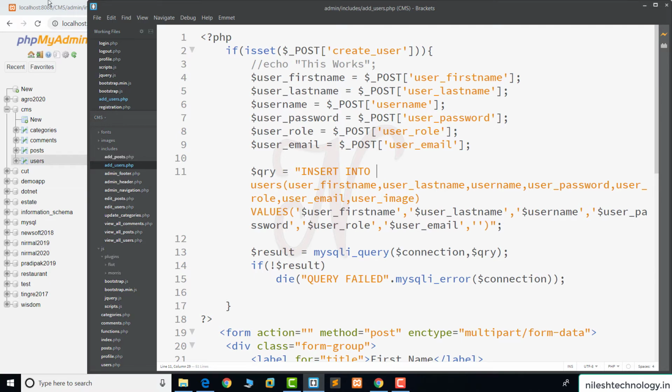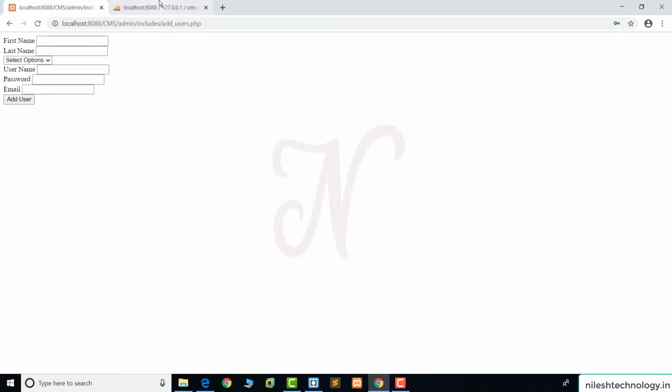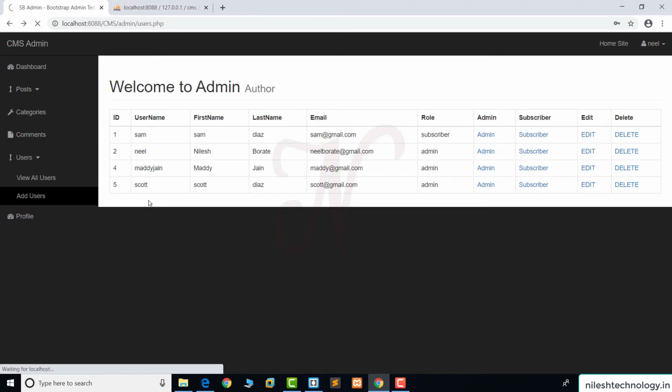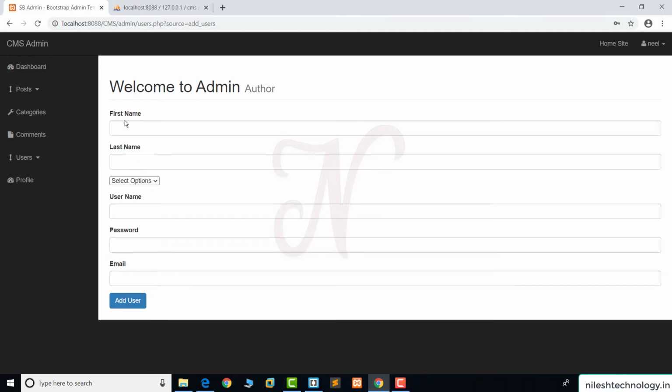Again we create one more user. So back. Again click on this add user. See here, we create one more for temporary. We pass some strings, for example PPP, last name QQQ.